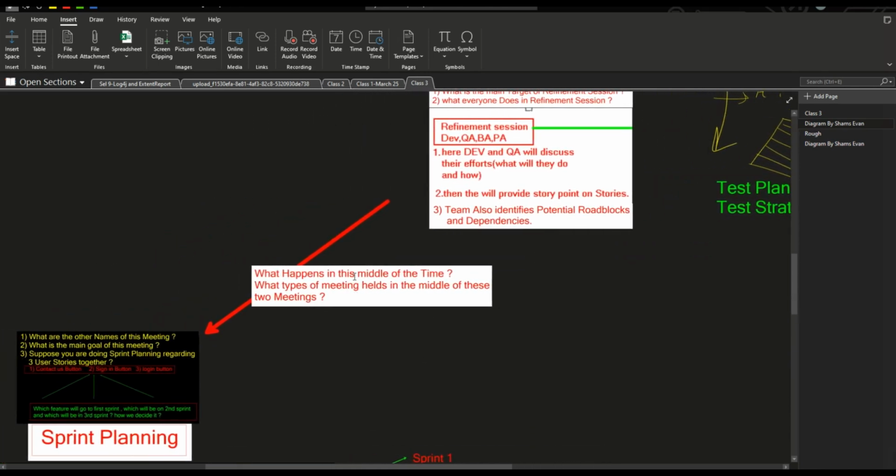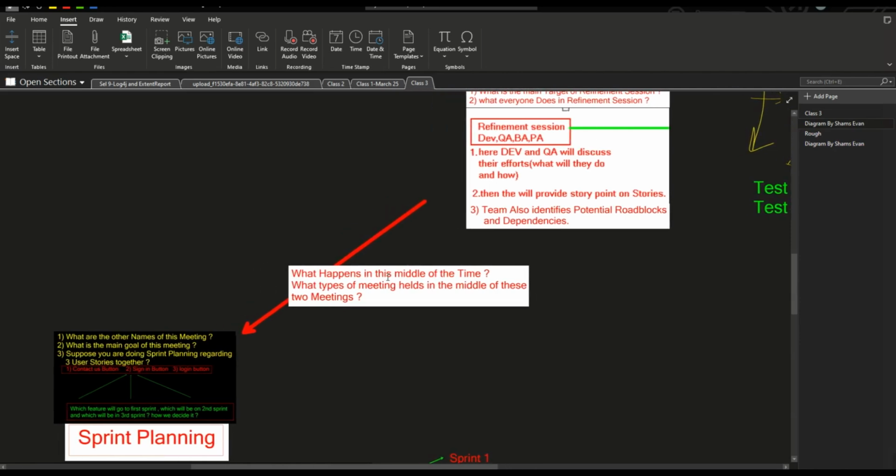What happens in this middle of time? What types of meeting are held in the middle of these two meetings? Okay, just like the previous one, they will update the test plan and test strategies, and then after that we have our